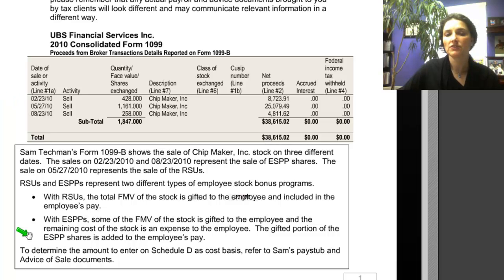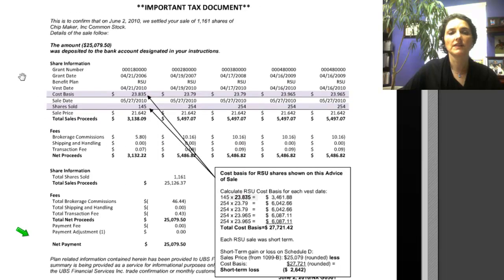To determine the amount to enter on Schedule D as cost basis, refer to Sam's pay stub and advice of sale documents. Here is the advice of sale document for the RSU, and it shows the cost basis. His cost basis that was included in his wages as income is $23,875 multiplied by 145 shares, which totals $34.6188. You take this same formula, 254 times 23.79, all the way across and total those up. And when we do that, we get a total cost basis to Sam of